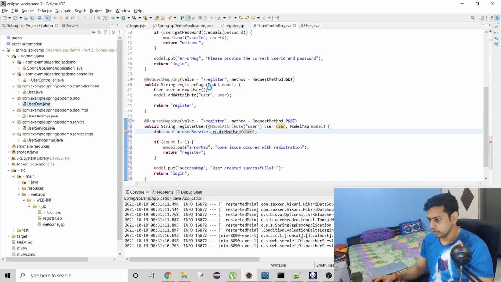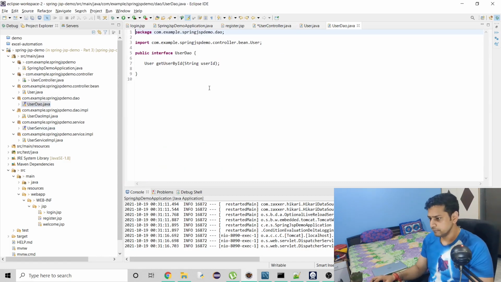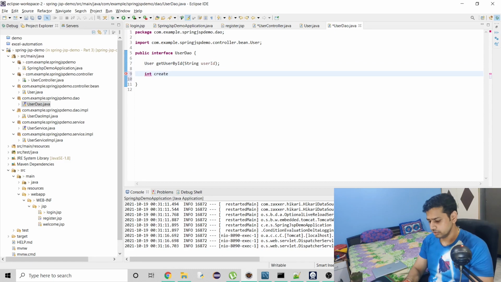So I'm going to create a new method in our DAO layer, and also in our service layer, and it is going to return an integer, which I will explain later. This is going to hold user. That's it. Let's do service also.